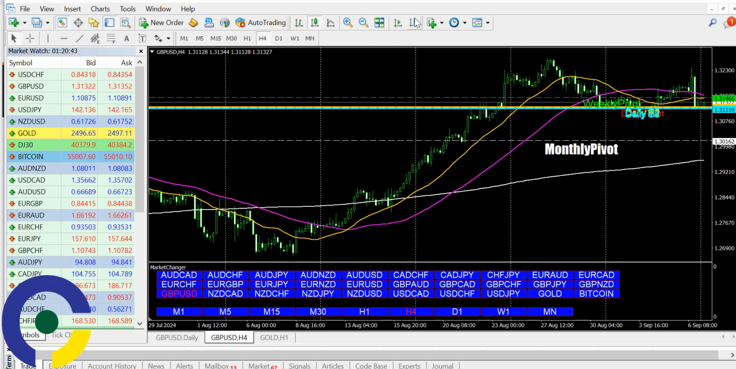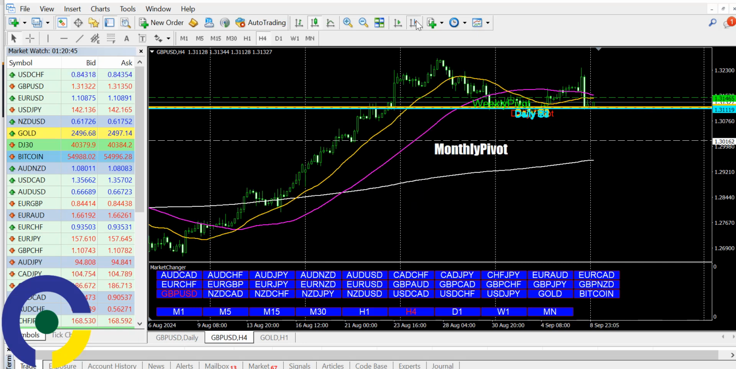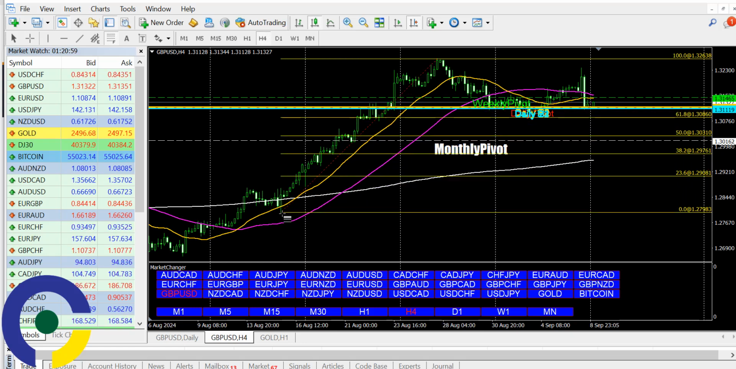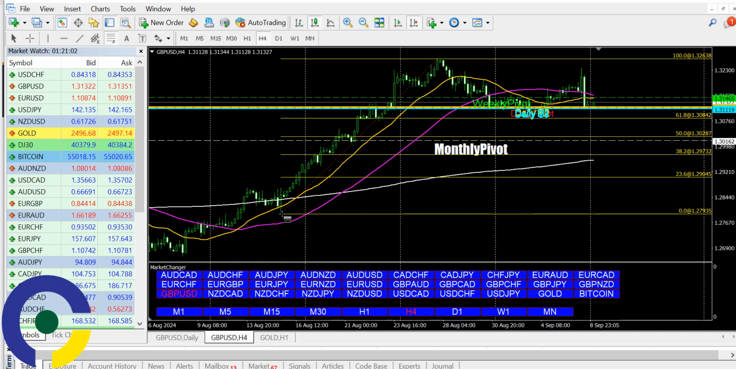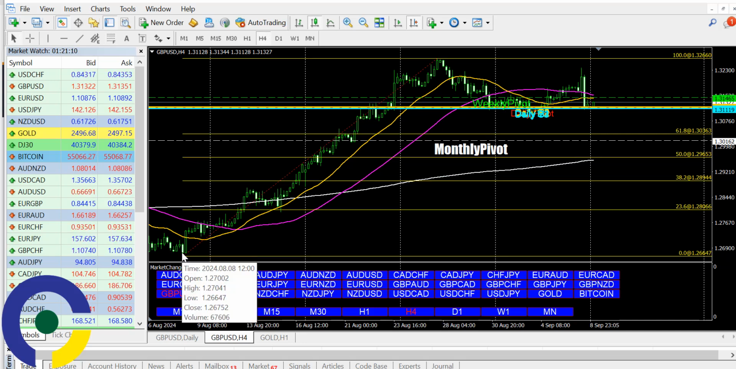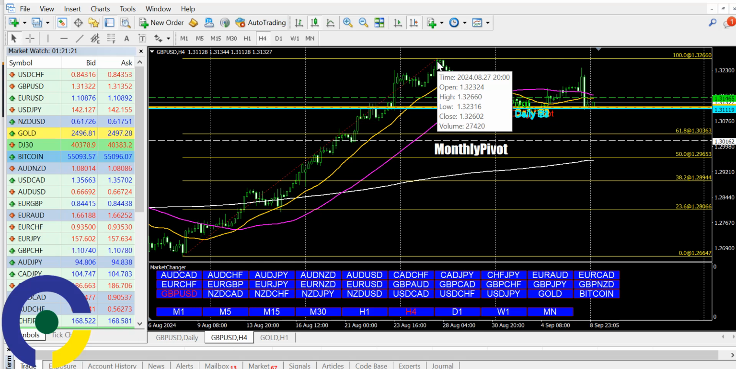So on 4 hours, we have a bullish structure, still bullish. So you would want to perhaps wait for price to pull back, and maybe we can use the rise from here or the rise from here. If you use the rise from here, which is the low, the rise from the 12th of August all the way to the high of the 27th